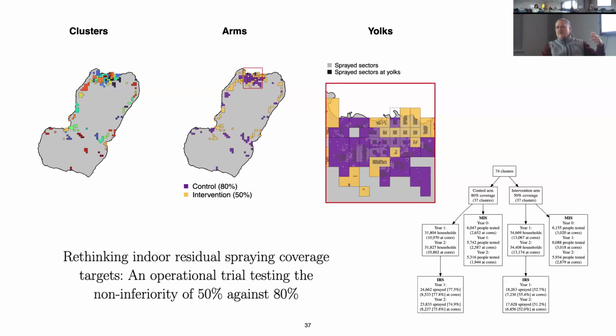This is in review right now, and we're having problems with the Bulletin of the World Health Organization because they want us to register this as a clinical trial. And we're like, look, it's an operational trial. If you're not going to accept this kind of research, then we're hosed, because we can't do randomized control trials, but we still need to learn about malaria. So the take home message from this is we couldn't see a difference in outcomes between 50% and 80% coverage. So now we're back to scratching our heads, because we thought we should, as to what's going to make a difference and how do we actually go about evaluating coverage targets and coverage strategies next year. And that's where we are right now.